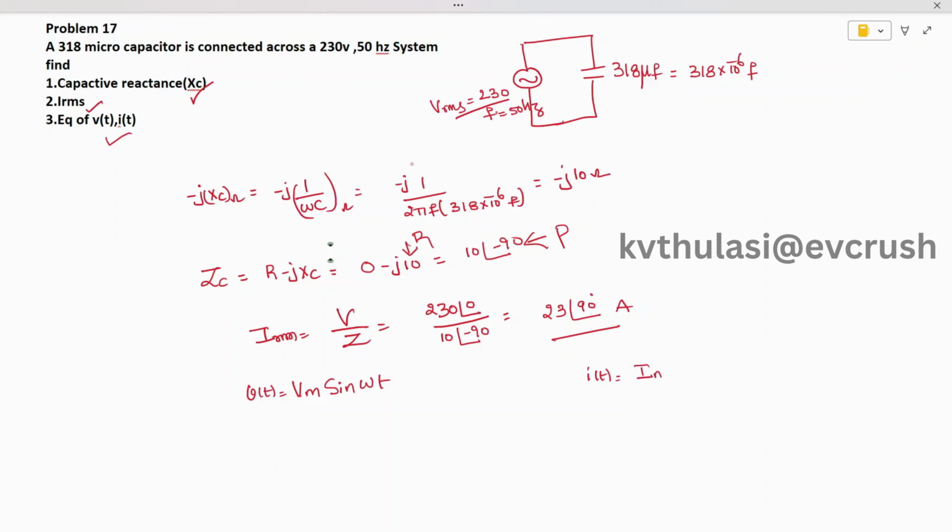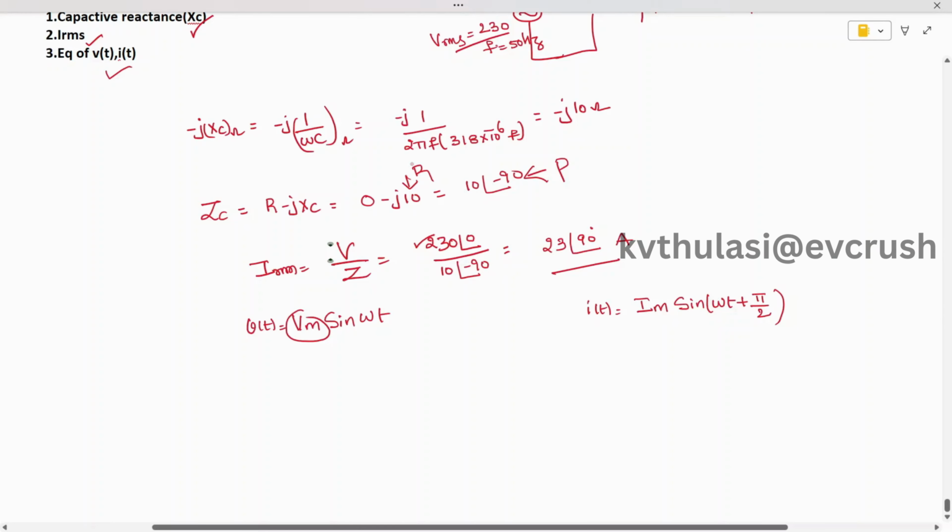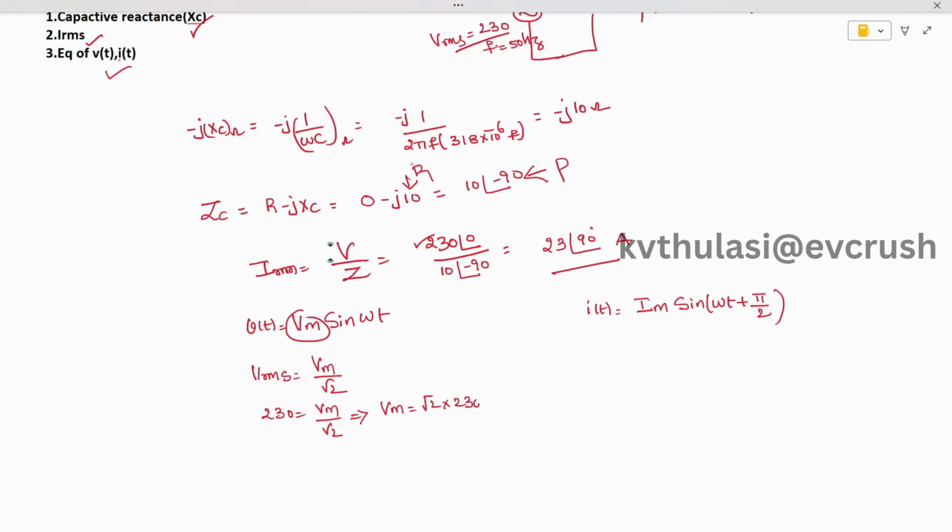So now let's try to find out. Here we require the maximum value, but in the question the RMS quantity is given. To link both, the formula is Vrms equal to Vm divided by root 2. The RMS value given is 230, which is equal to Vm by root 2. So from here, Vm is equal to root 2 into 230 volts. When you do it with your calculator, root 2 into 230,